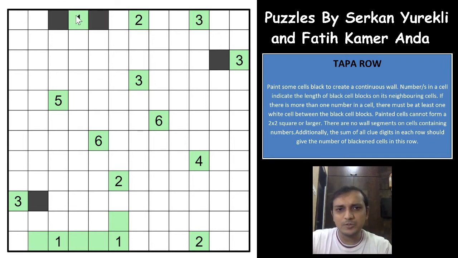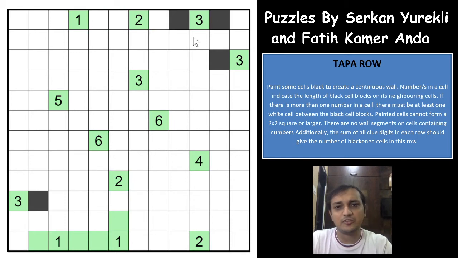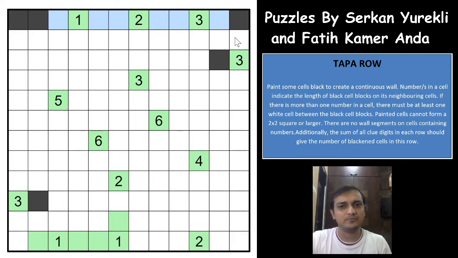Both of these cannot be shaded for the one, right? One of these two cells will have to be unshaded. Both of these cannot be shaded for the 2, of course, for the Tapa clue. So one of these two has to be unshaded. Both of these cannot be shaded for the 3 as well, which means that one of these will have to be unshaded. So you get the 3 unshaded cells already in these 6 cells. Out of these 6 cells, 3 will have to be unshaded and 3 will have to be shaded, which means that all the other cells in that row will have to be shaded.